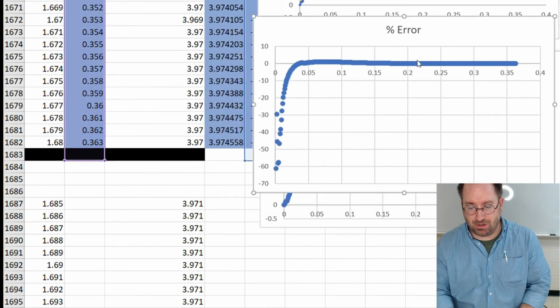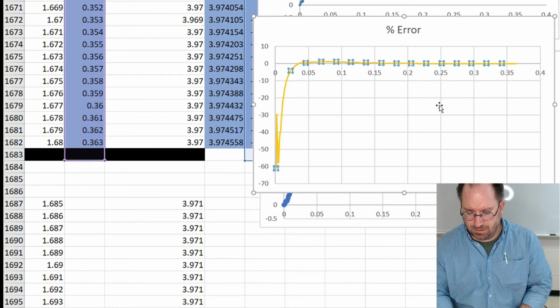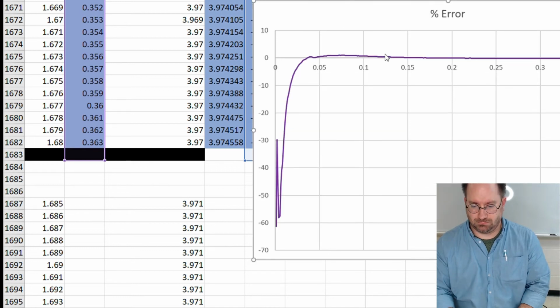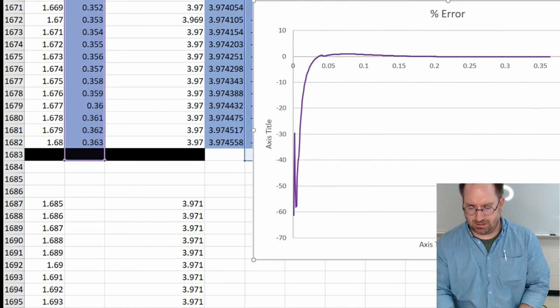Again, this is theory, so we want to change this from data points to a line. Click on the paint can, turn the line on, turn the marker off. Click on none, and now you have data. This is not so easy to look at, so we're going to change the color of that line to, let's say, purple. Why not? And again, you can click on this and quick layout,